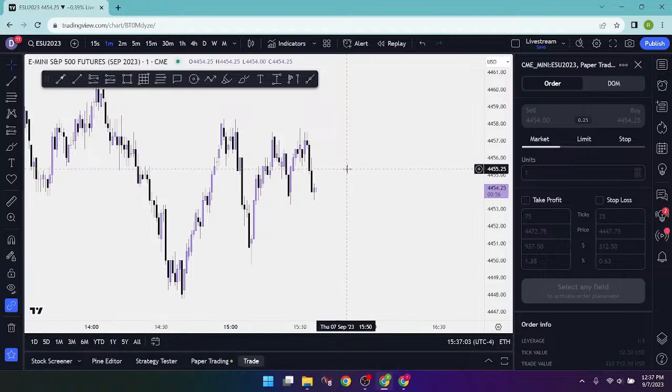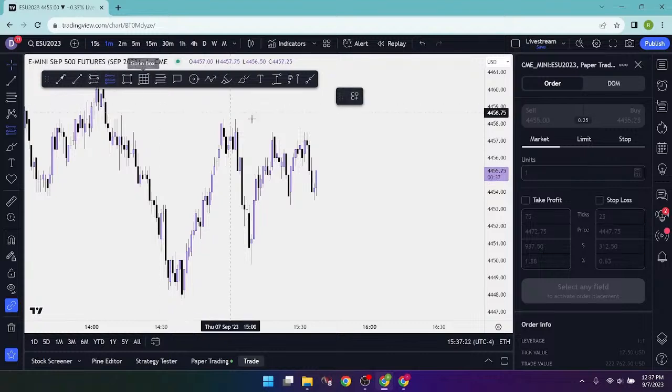Okay, now we're going to do an example here on the ES, which would be a full mini contract because it is the ES, not the MES. And I'm going to show you how to use the position tool to do the exact same thing on a full mini contract. For example, if we wanted to place a long position here, we can place the long position tool